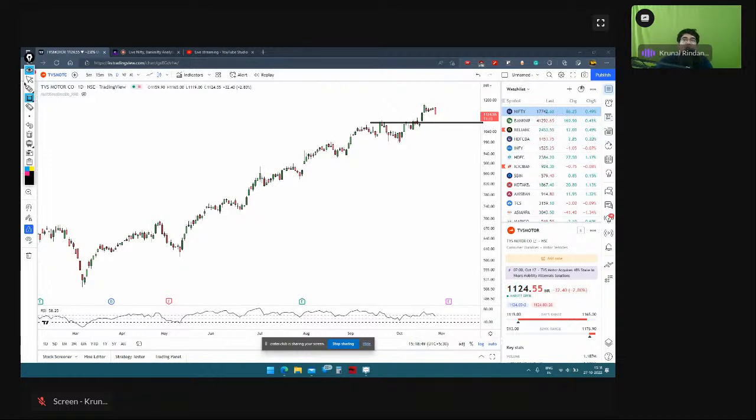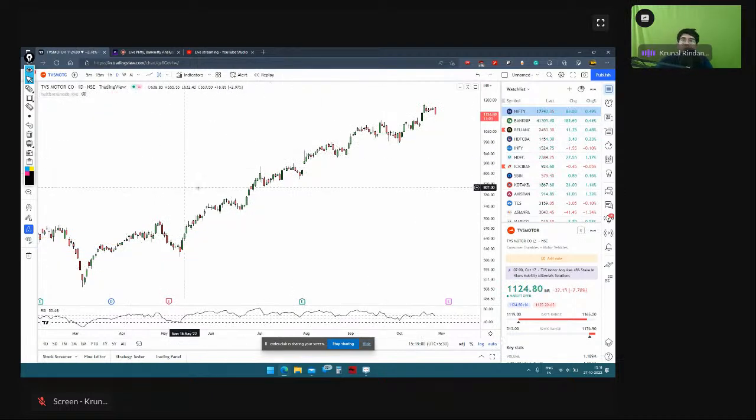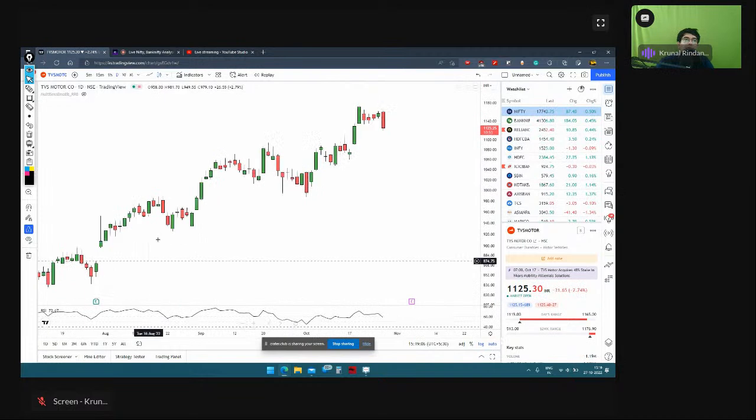Is what I feel. Which level would this be? The 1100 level. I feel it can retest. At this stage, I don't think it's a very good buy, at least according to me. So there are a lot of technical tools and there are a lot of things that I'm looking at here. But the long and short of it is, I feel if it goes like this, then maybe it might just try to retest this 1100 level, which is around at least 25 rupees away, and then it might decide